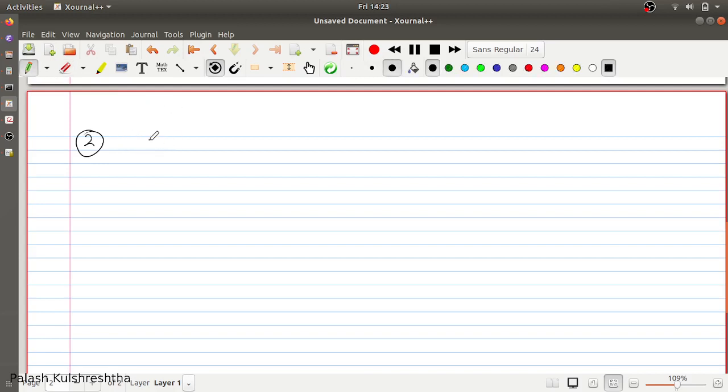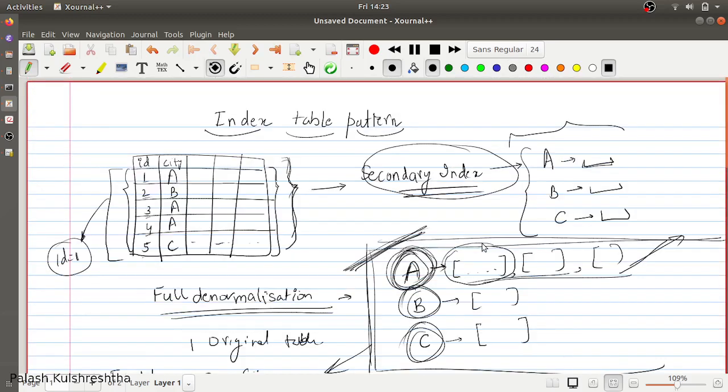Not do partial denormalization, let's do lookup table. So what we do is, let's see in this scenario.